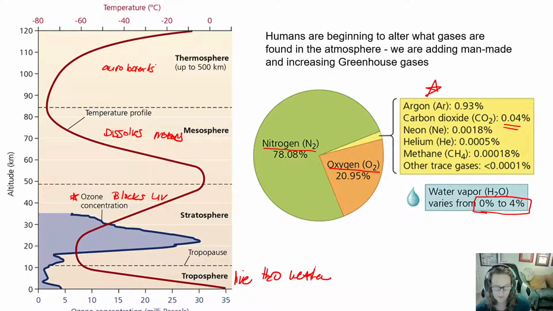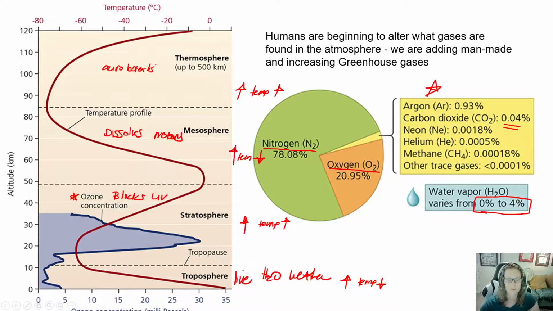And remember, in the troposphere, as we get higher, the temperature gets lower. The stratosphere, as you go up in altitude, the temperature gets higher. So it's kind of every other. The mesosphere, as you go up, temperature goes down. And the thermosphere, as you go up, the temperature also goes up. So that's why it's in layers, because of the temperature differences and what gases are located in those layers.